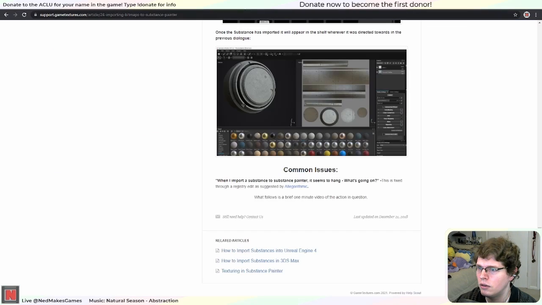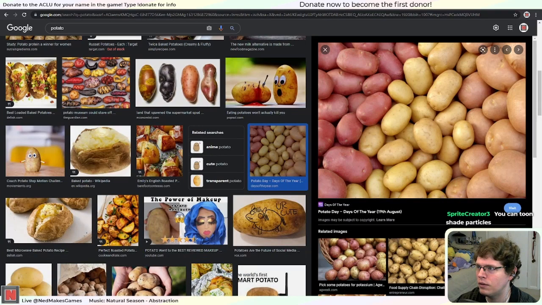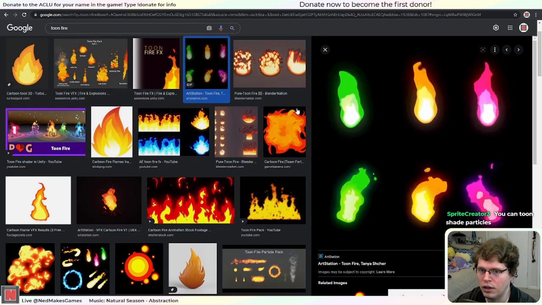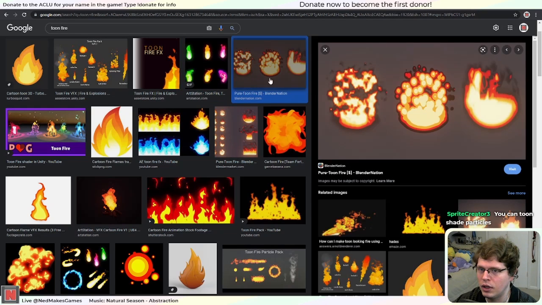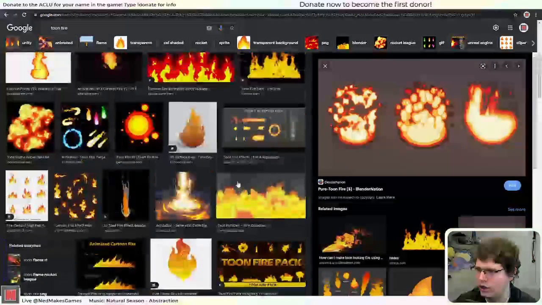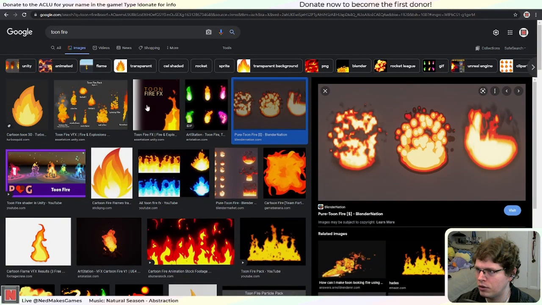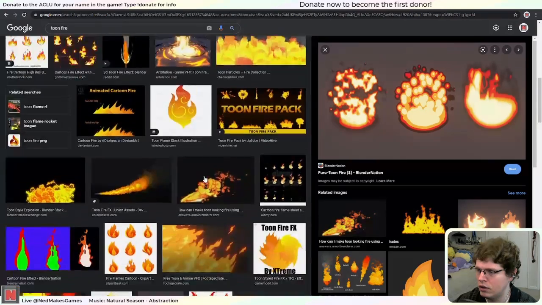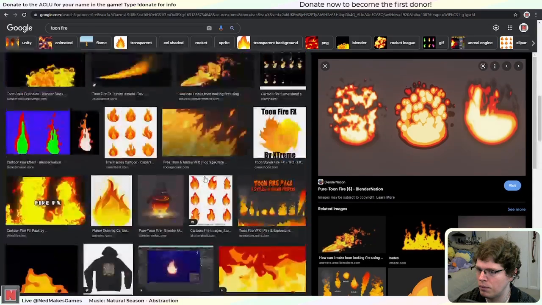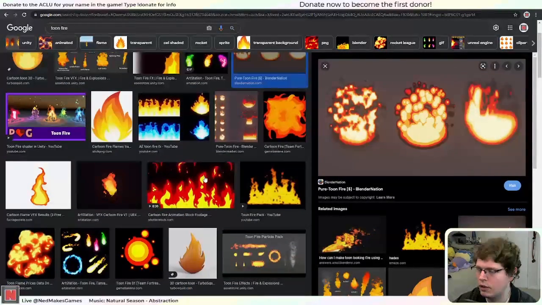Let's see. Let's get rid of all that stuff. Yeah, I can toon shade particles. I don't know, would they blend together to look like that though? I'm not sure. I haven't really experimented with toon shading particles, but I think it might just look like a bunch of disconnected circles. Which, I mean, might not look too bad, but